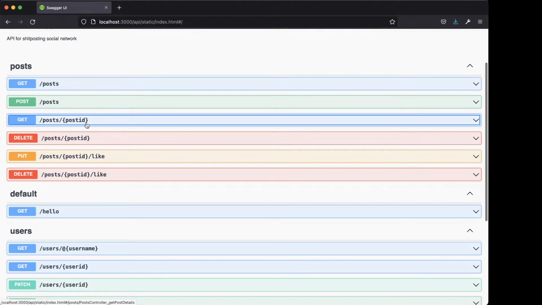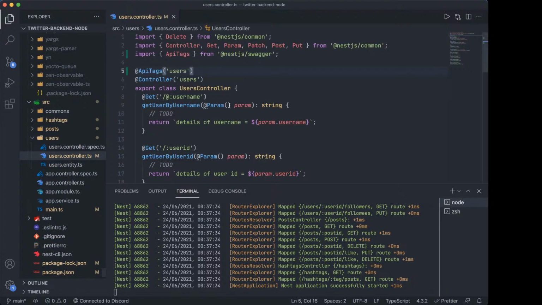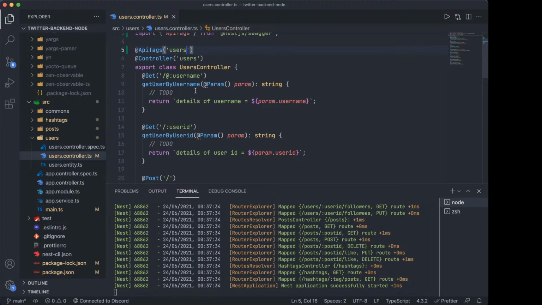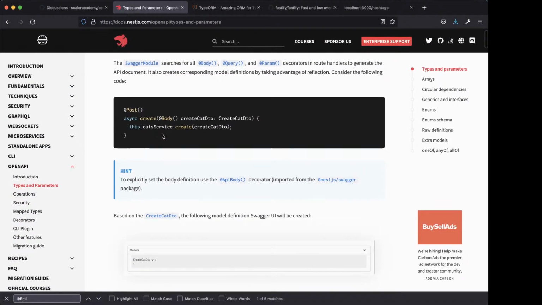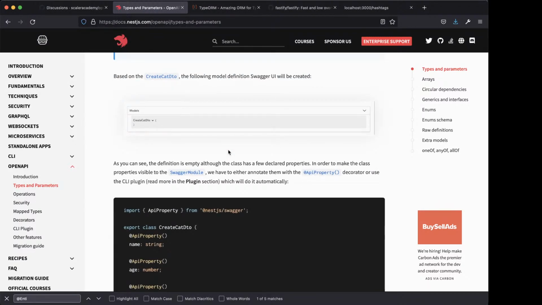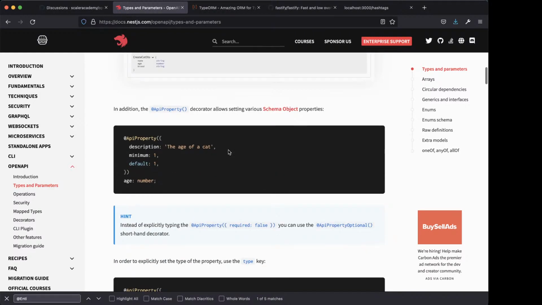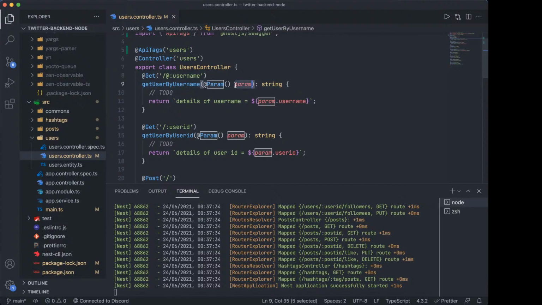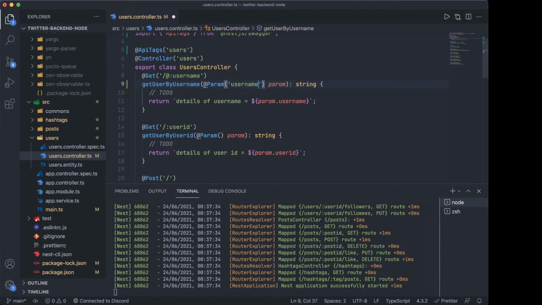API parameters like these post ID, what to do about those? So if I go to say the users controller and there is get username kind of stuff, for that there are types and parameters. Now the param should have worked here. Okay, why did that not work? So we check that. Oh, we can do it like this: param username as